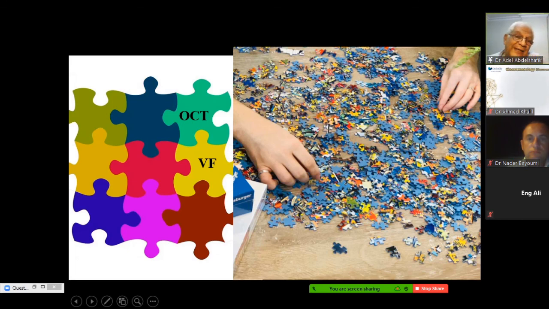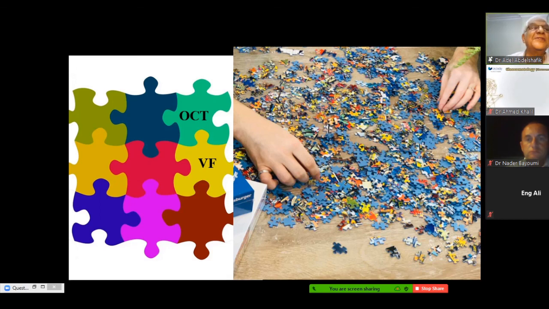So to end up, I told you glaucoma diagnosis is a puzzle. This puzzle depends on many factors, but even with just these two, the OCT and the visual field, and the disc, each one of them is again a puzzle. If you have so and so and so, most probably the change in the OCT is real. If you have that with that and that, then the change is there. Because so many people ask us, okay, give us a flow chart. If you find this, we'll do that. If you find this, we'll say that. It's never like that. You have to spend so much time